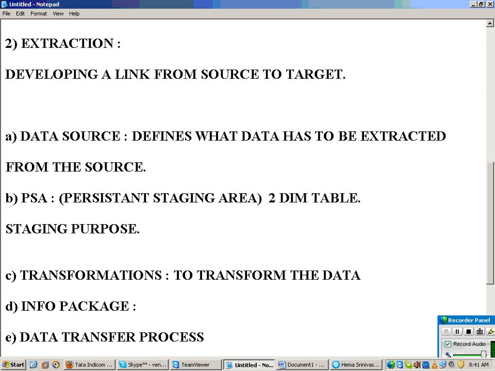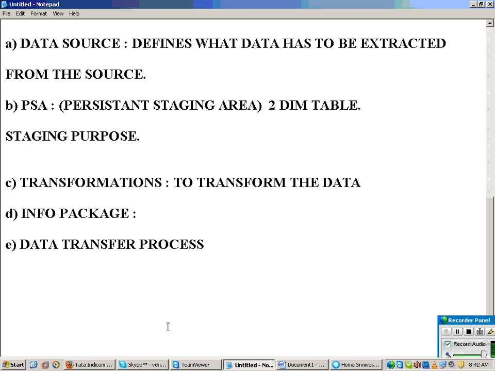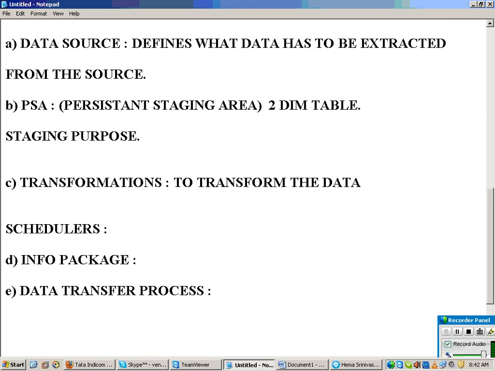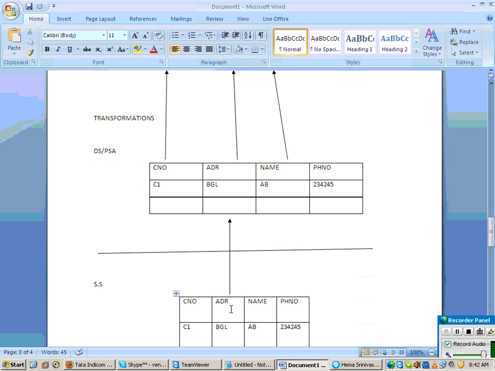These two are the schedulers. Schedulers means now I have the entire link, the entire channel, ready. Now I need to start loading.